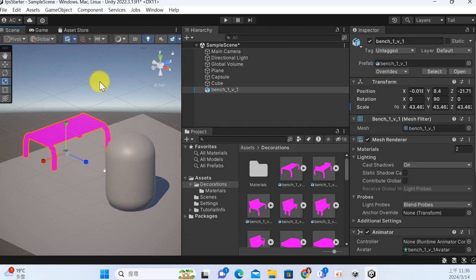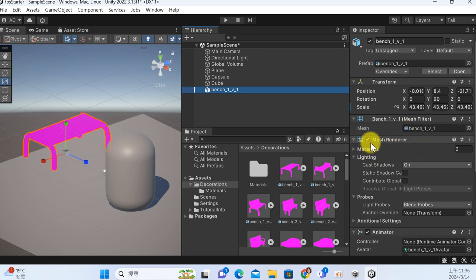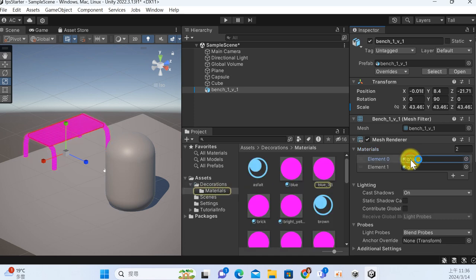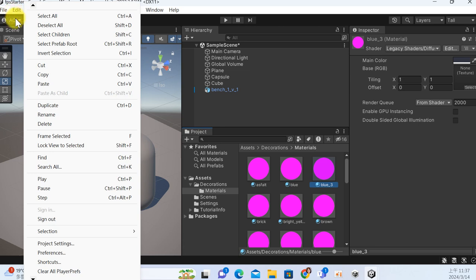How could I fix the problem? You will see the mesh render, it has two materials. You just click the material. Yeah. Click the material and go to the edit